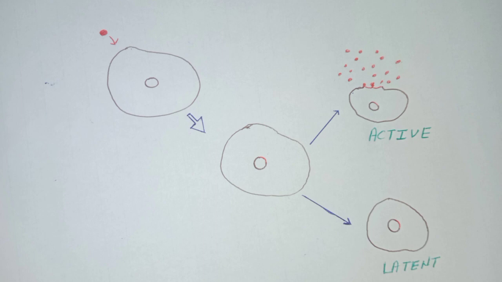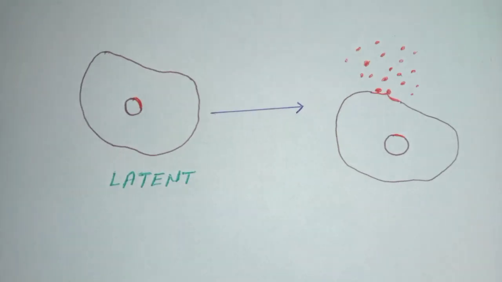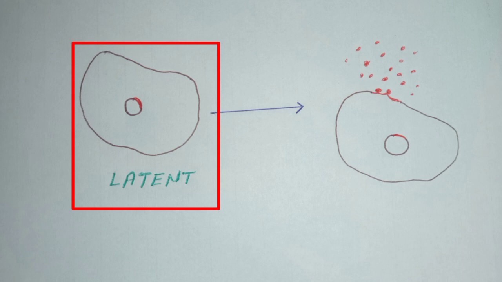The inhibitors can recognize and shut down a cell that's making HIV, but they can't recognize or know what to do with a cell that's not making HIV. The cell that's not making any HIV right now is called latent, whereas the cell making HIV is called active. Although latent cells are not making any HIV right now, at any point they can become active and start making lots more HIV, and if the patient does not have the inhibitor around when that happens, the patient can get sick all over again. So as soon as scientists can find a way to recognize latent cells and shut them down before they ever become active, that's when we will have a cure for HIV.